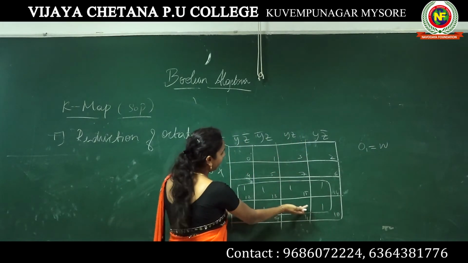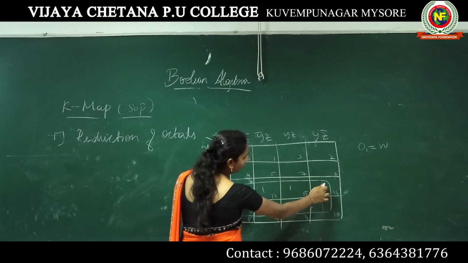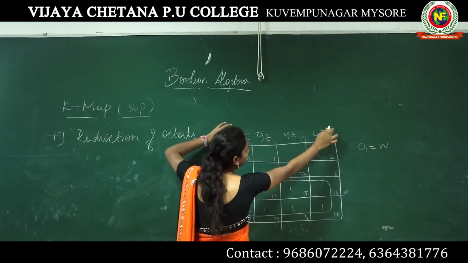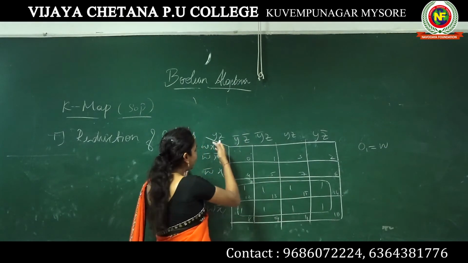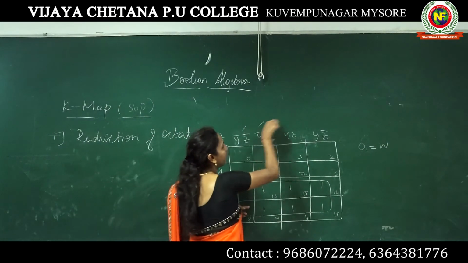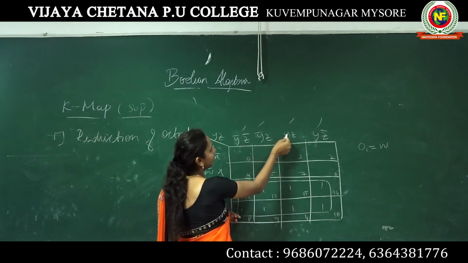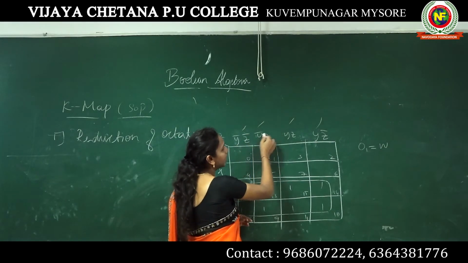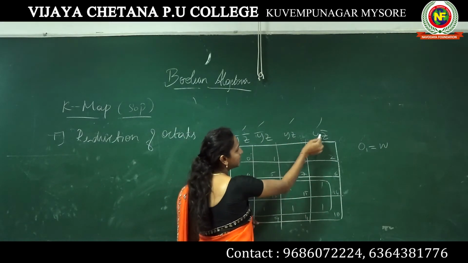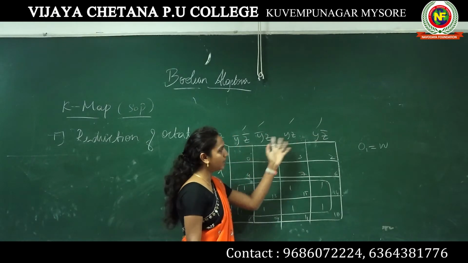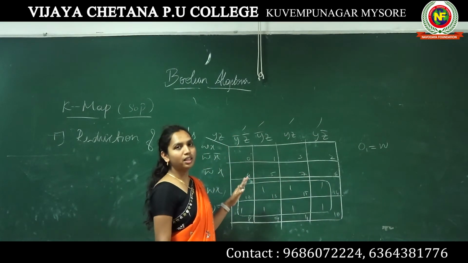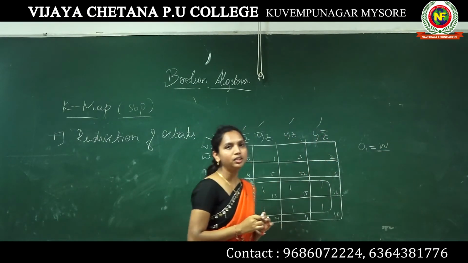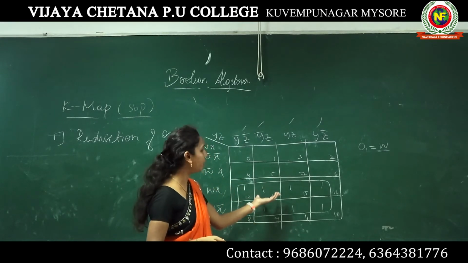Okay. After this, all the vertical lines are occupied by 1s. So you compare all the variables here. Everything will be cancelled: here y bar is there, here y, so y is cancelled; z bar is there, here z, so z will be cancelled; again y bar and y will be cancelled, again z bar will be cancelled. So everything is cancelled and there is nothing left. So your answer is that the octet is left with only W. That will be the expression because only one octet is there.